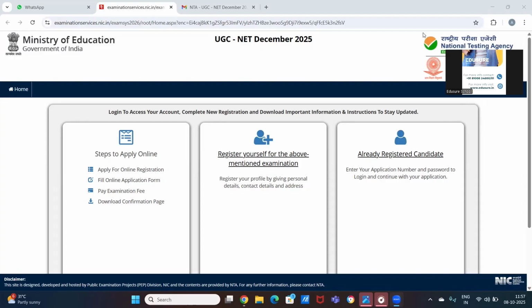So after you click on the link provided in the description box, this is how the screen is going to look like. In case you have already registered yourself, you can click on the register button. Otherwise, if you haven't registered, you will have to register with me first, and then we will fill in the application form. So first the person will have to register and then fill in the application form and then make the payment. So I'll start with the registration process, and this is the box that I'm going to click on.